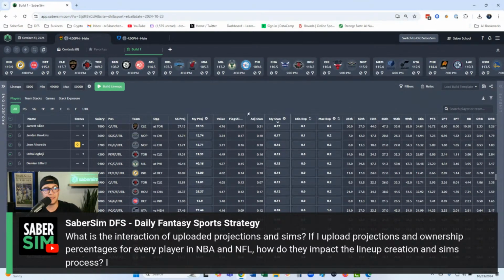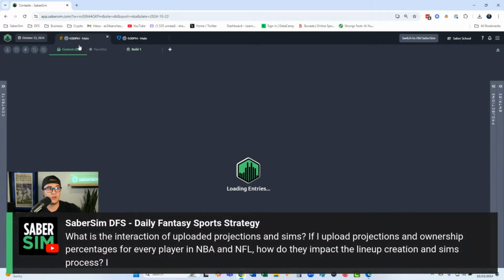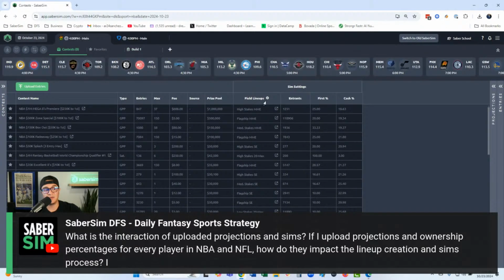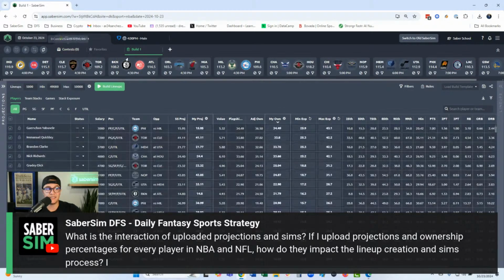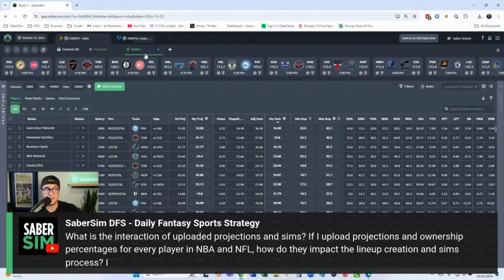Then you run this build, and now when you go to your contest sim, and then you go to the field lineups option, you switch it from whatever the designated field is. Like if I were to come in here, create a manual contest sim, I can click this drop down, and then I would go to builds, and select the build that has lineups. So a build must have lineups before it becomes an option here, but that's what you would want to do: go to the contest sim, change the source for the field lineups to the build where you used your custom ownership, and go from there.